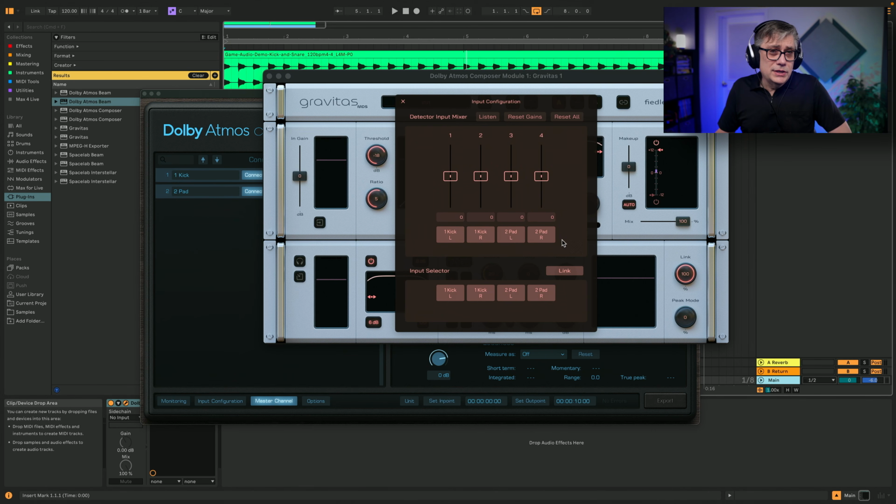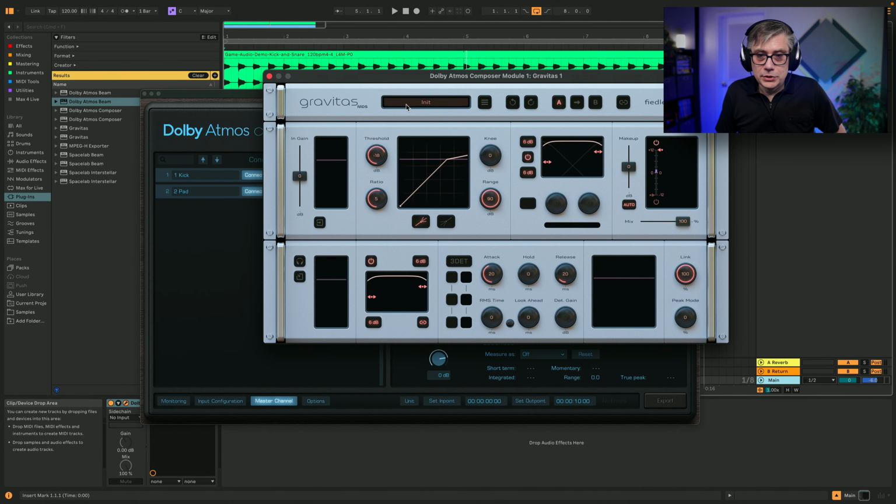And what we want to do here is really drive the compression of the pad with the signal of the kick. So what I'm going to do is deselect the pad as the detector input. That essentially means that the compressor now only reacts to what's coming through the objects on which the kick sits. I'm going to deselect link because I want to delink that, and I'm going to drive the pad channels with that particular compressor setting. And if I do that now, let me go back and play the audio again.